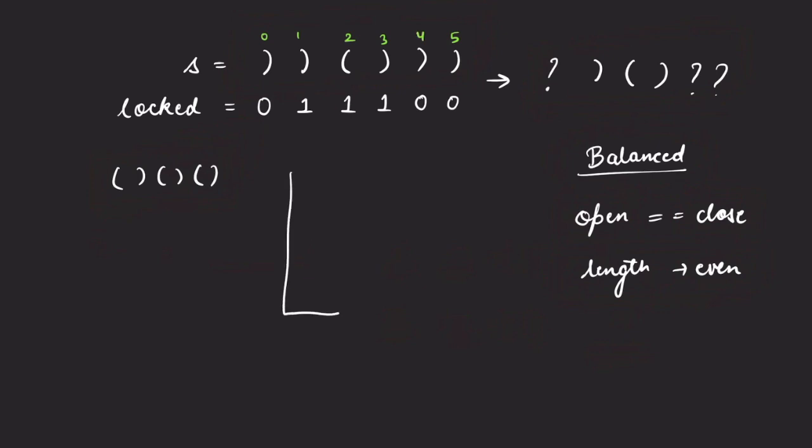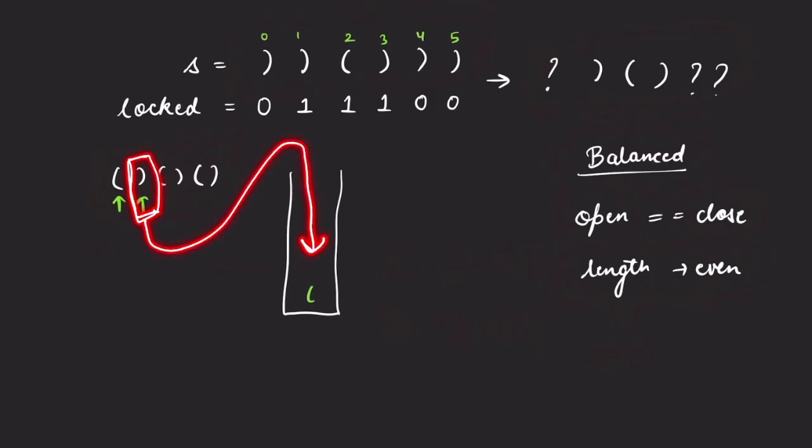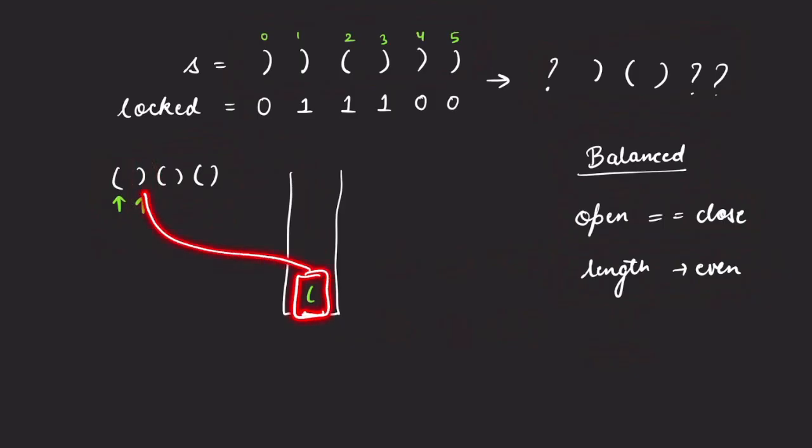So we maintain a stack, right? We create a stack and then we start moving from left to right. Whenever we encounter an opening bracket, we put this opening bracket inside our stack, right? So first we are here, so we will put an opening bracket inside our stack. Then we'll come here. Now, whenever we encounter a closing bracket, we check that for this closing bracket, do we have a corresponding opening bracket present in our stack or not? So we see, yes, it is present. So that means this particular opening bracket can be paired with this closing bracket, right? So this gets removed from the stack